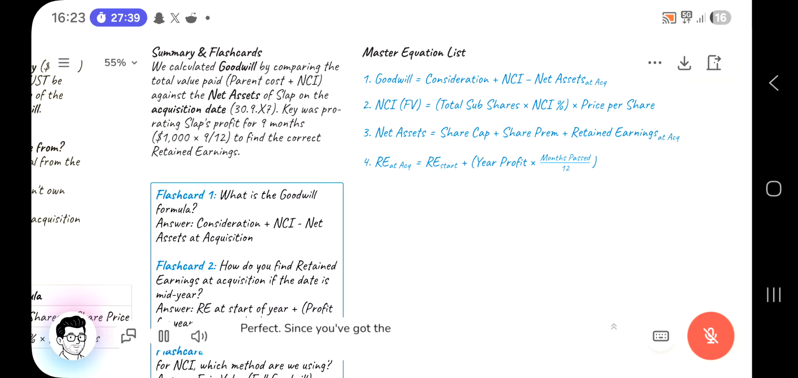Perfect. Since you've got the equations down and the goodwill calculated, what's our next move? We could dive into calculating the consolidated retained earnings for the group,